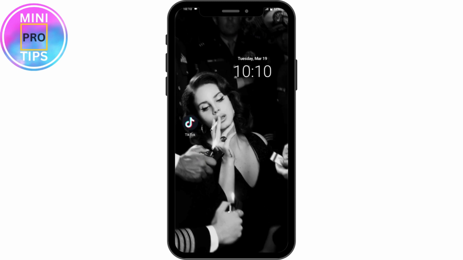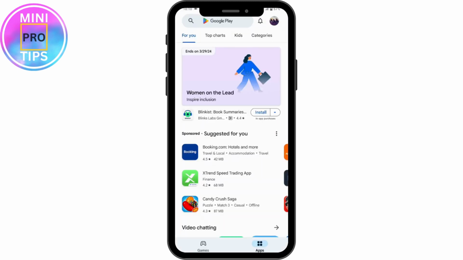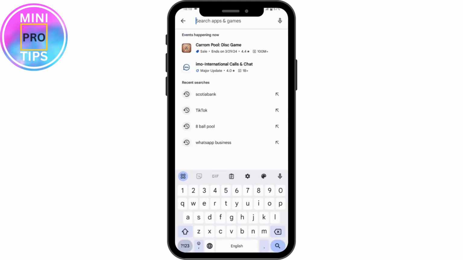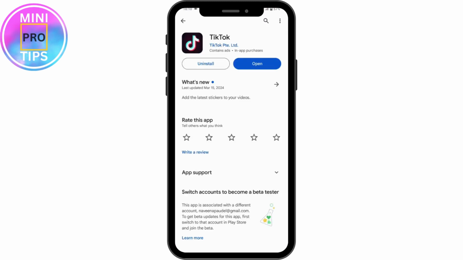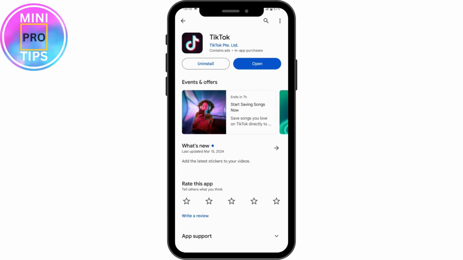Once you've done that, you need to open up your Play Store, and then you can go for the search bar and search for TikTok. Once you've searched, here you may have an update option, because if you have an update option, then you might be facing some kind of problems. So you need to simply tap on update and update your application, and once you've updated, your problems will be